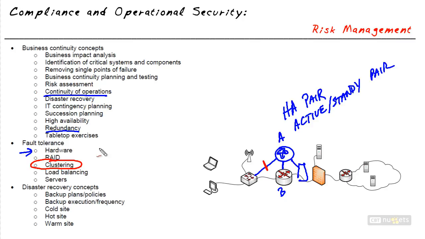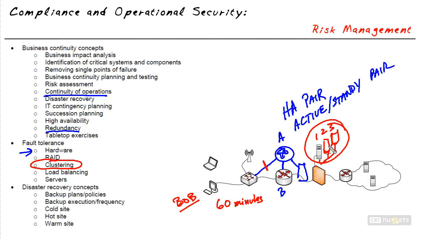Another technique that can also be used for fault tolerance, however, it has some other benefits, is the concept of clustering. So this server right here, let's say we have three of them. Server 1, 2, and 3, and they're all cooperating together in a server cluster. So let's say Bob has some super high CPU intensive task that he's going to send out to this server farm, this cluster of servers, for them to do the work. If the job normally would take, for example, 60 minutes on a single server, because he's sending it to the cluster, that same job could be done in 20 minutes because there's three servers in the cluster, and those multiple systems working together are going to increase the overall power that's used for Bob's rendering or Bob's CPU intensive job that he's sending over to those servers.